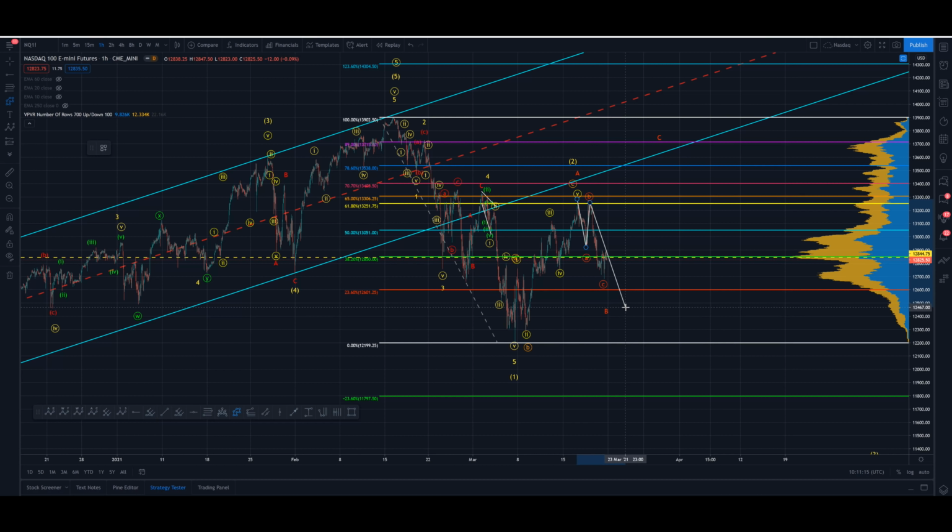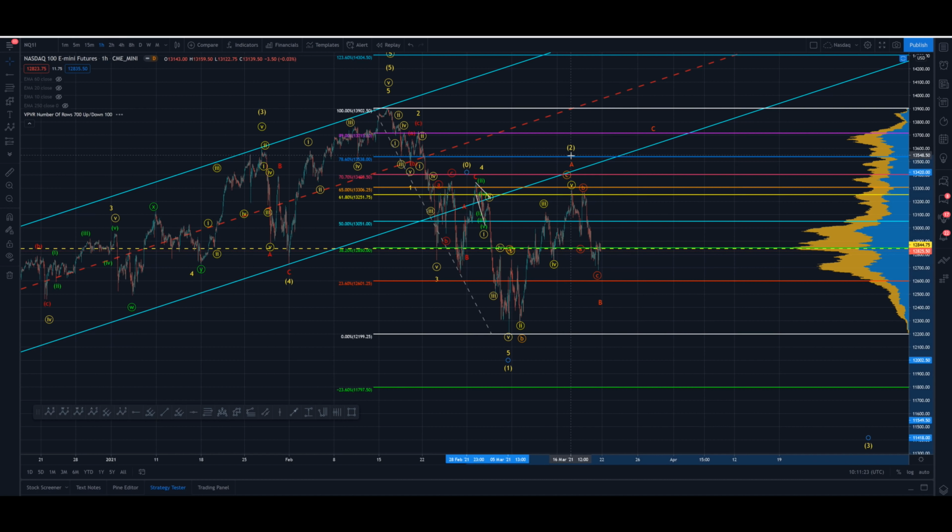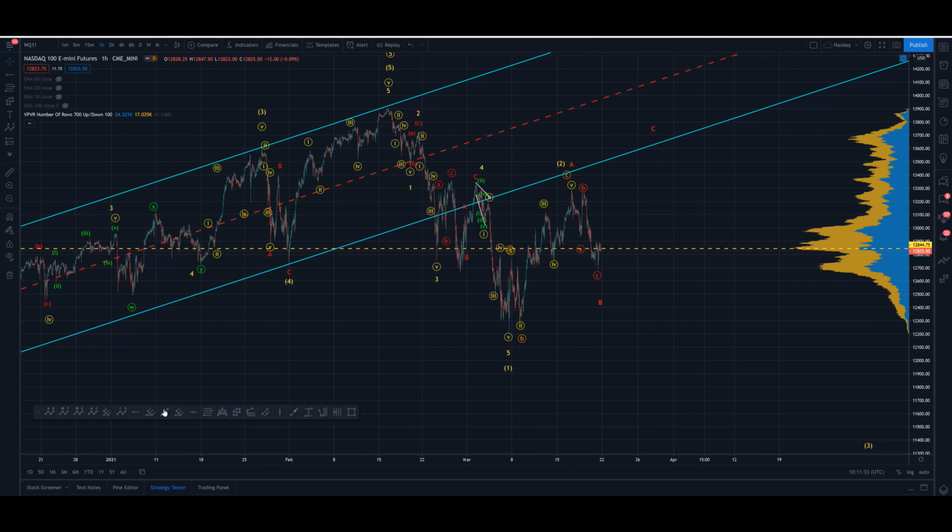One more move down for that B, and then up to find that C. Now at this point though, we could continue to break down because this could be the wave 2. So this is still a valid short in my opinion from a retracement trader's point of view. We've found the yellow zone, we've retraced. All we do now is have our stop just beyond the high at